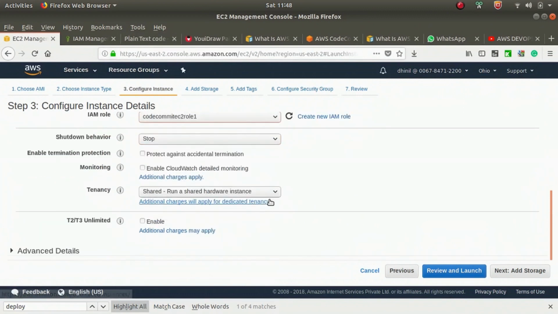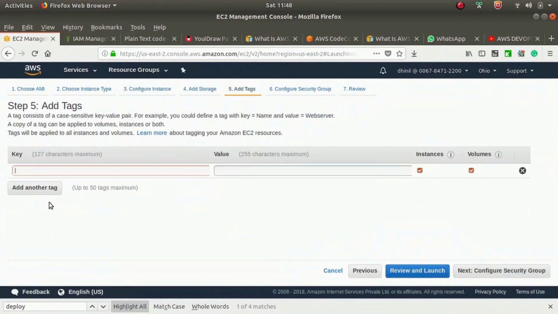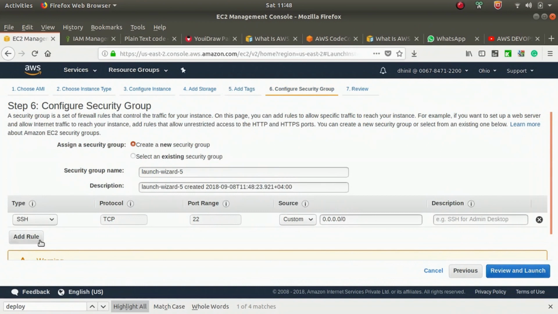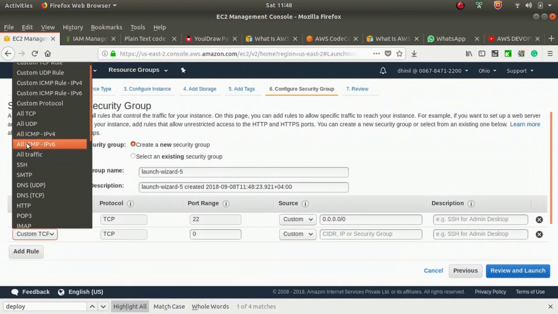Select that role. Then next add a tag, just put a CodeCommit server, or anything we need. We need one more port, that is the HTTP port.